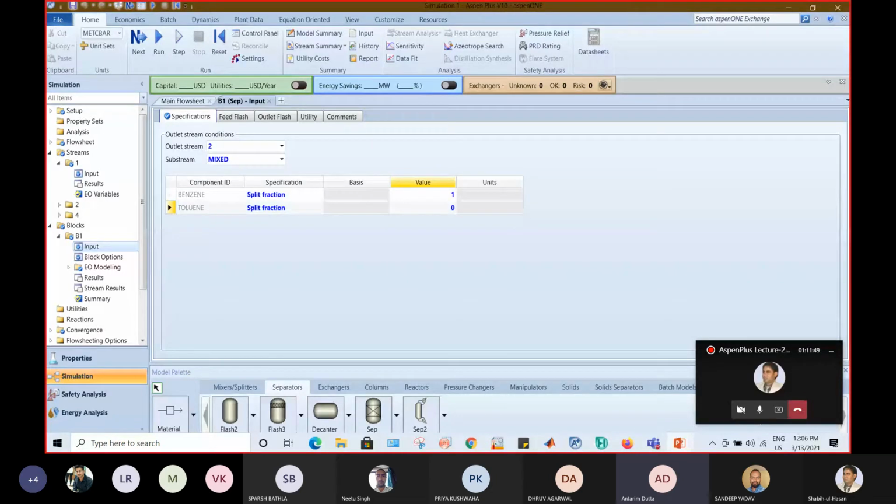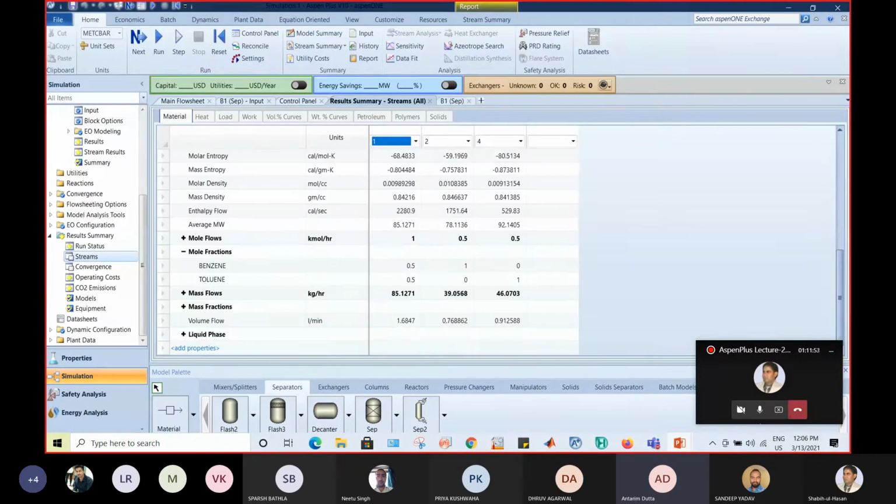Okay. So I will just go ahead and show you that this stream 1 was containing 0.5 mole fraction of benzene and 0.5 mole fraction of toluene. And in the top stream, that is your second stream, the mole fraction of benzene is 1. And in the bottom stream, that is your stream number 4, we have the mole fraction of toluene as 1. So you can see what a clear-cut separation we have achieved, which is practically next to impossible. But for the time being, this is very ideal. That's why we were able to achieve this. And in this way, we can simulate our component separator. Okay. So let me discuss some modifications.